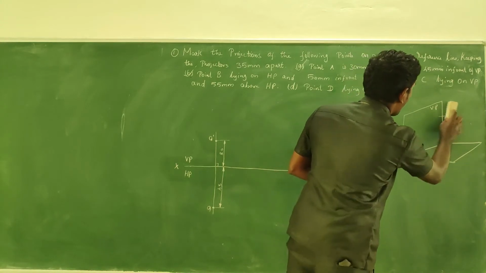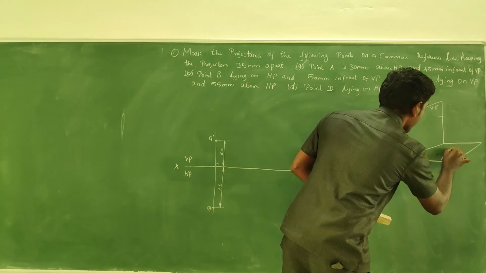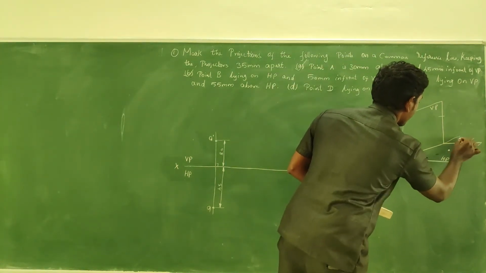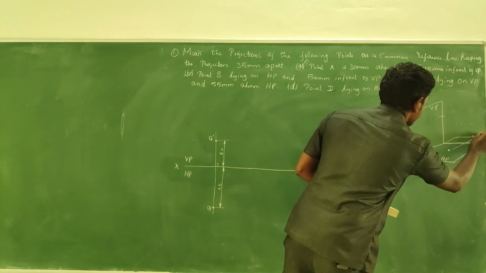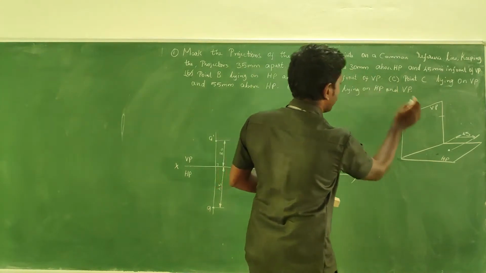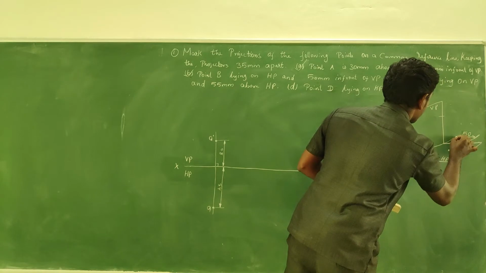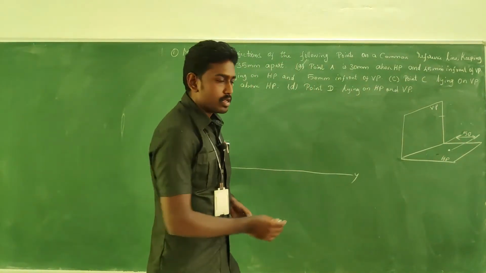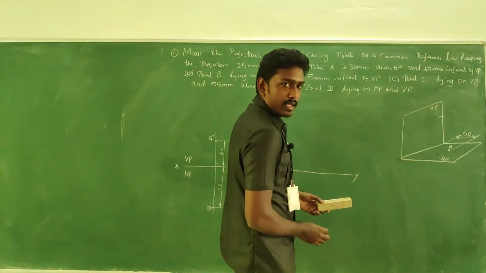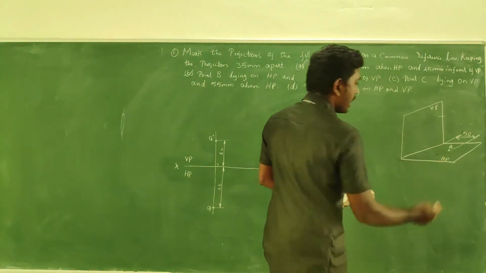So it is just on HP. So where does it have to be captured? Somewhere on the HP. So this measurement we can take as how much? 50 mm in front. Now see, the point B, capital B, is in front of VP by 50 mm, and it is just on